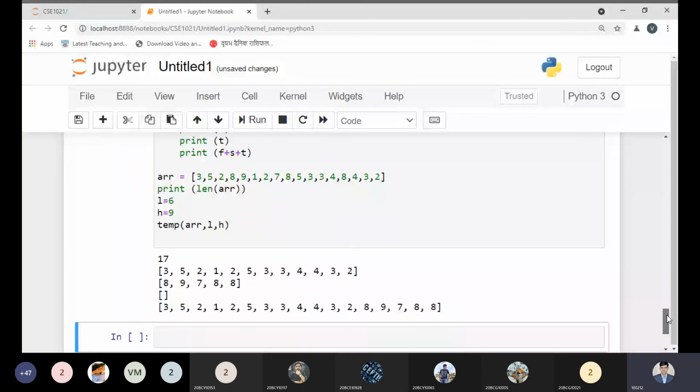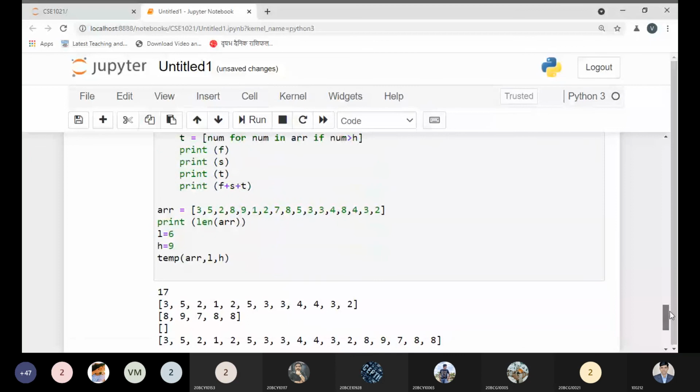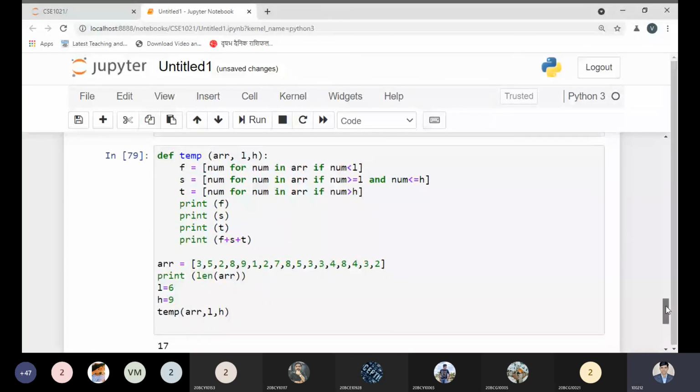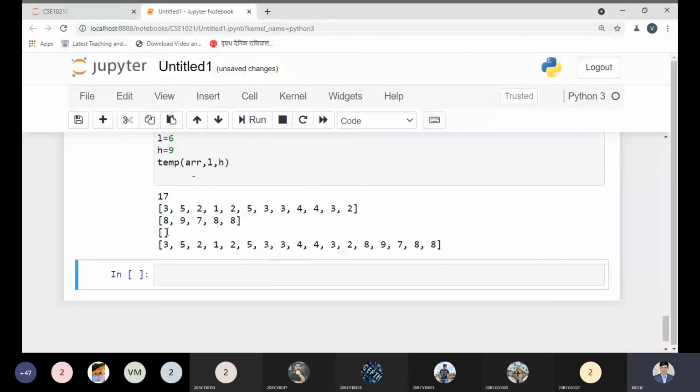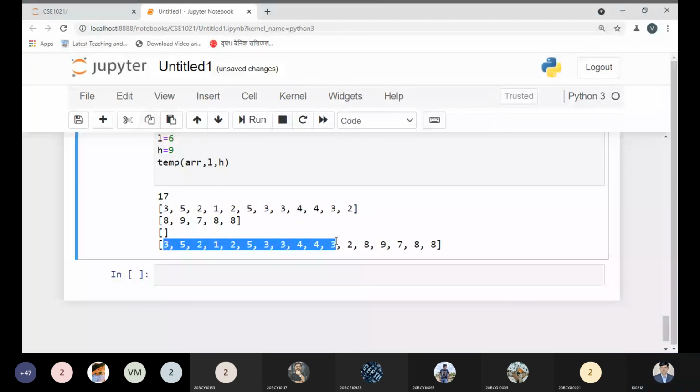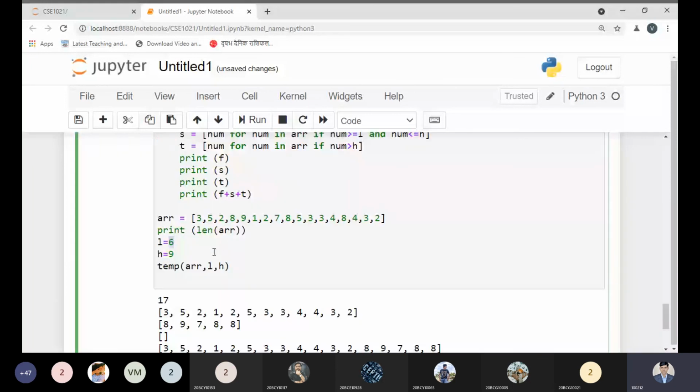So here we got all the values which are not greater than the high. Here we are getting empty, and here the first part is to be copied over here, then the second part, and for the last part we don't have anything, so we are not getting anything. Doing so, I can take the 3 or I can take the 7.